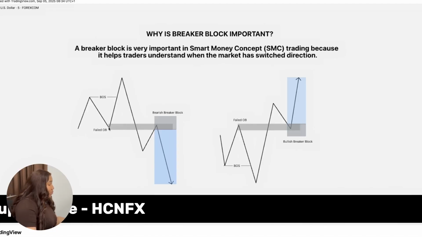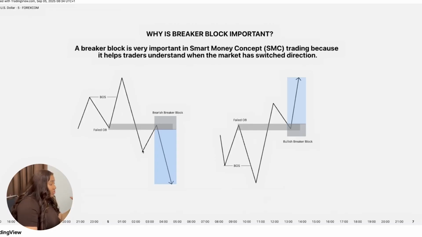And remember, once price clears a valid order block to the downside, that signals a change of character. And most of the times price can just come, retest the failed order block and keep pushing to the downside. So that is very important to note. Same thing is applicable to the bearish structure. Price pierces through a valid order block, and then you map out the failed order block as the breaker block. You wait for price to come into that zone, and then you push it to the upside. Remember, you don't just trade it blindly. There are some confirmations, some confluences you need to see present, which I'll show you guys on the